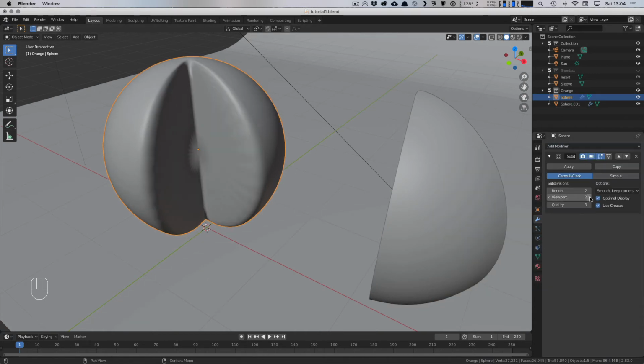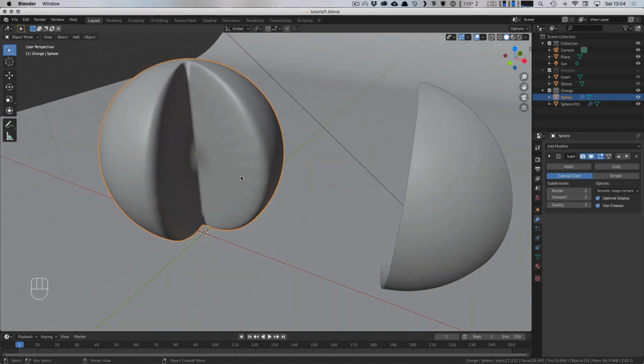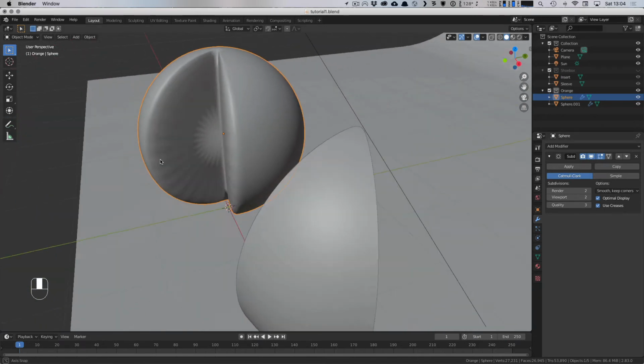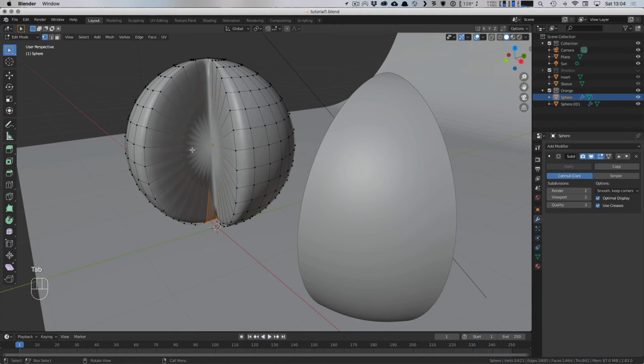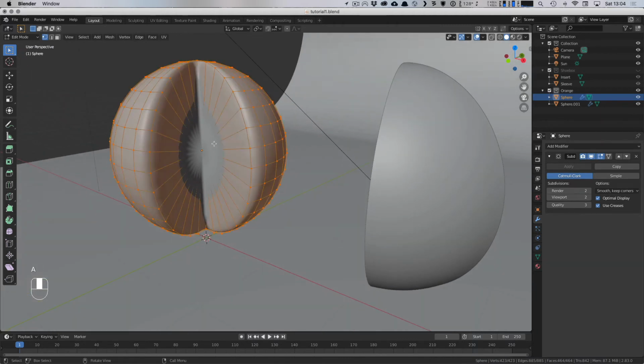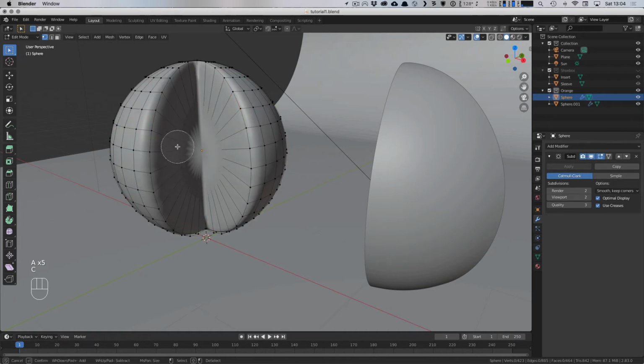You could just turn it off. You didn't have to delete it like I did. It's gonna, ooh, that does give us some weirdness right there, doesn't it? Yeah, it does. One thing we could do to fix that weirdness is go into our faces, and